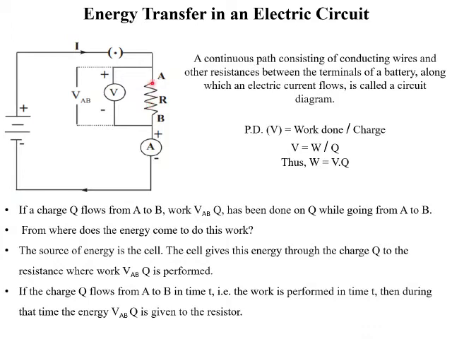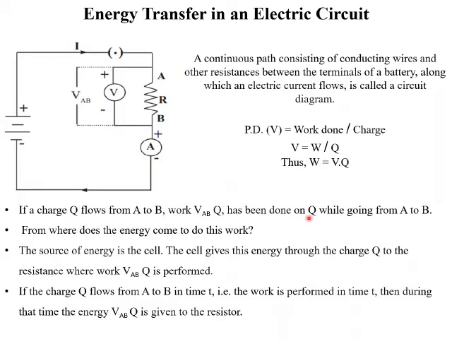So here this resistor has been shown and it has got two ends A and B. If there is a charge that is moving from point A to point B, then work equal to VQ, or we write it as VABQ, is done. AB stands for the two terminals here, A and B. To clearly mention that the potential difference is across A and B, we write down VABQ. So VABQ is the work done on the charge Q while it is moving from